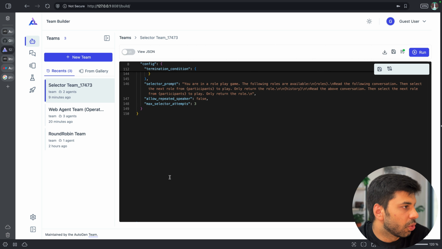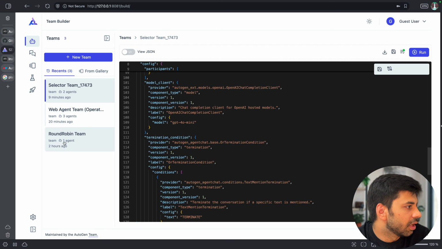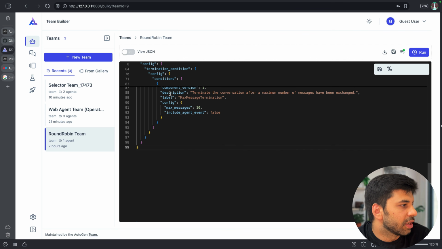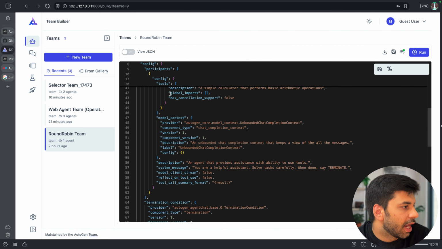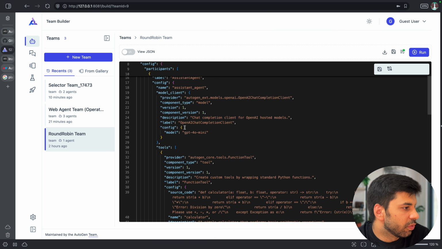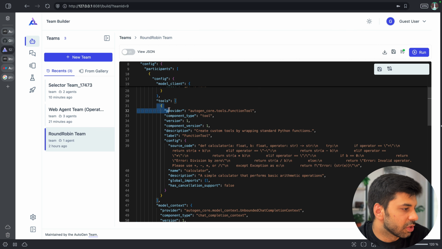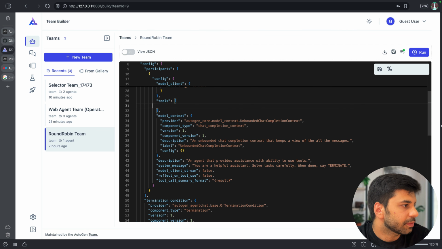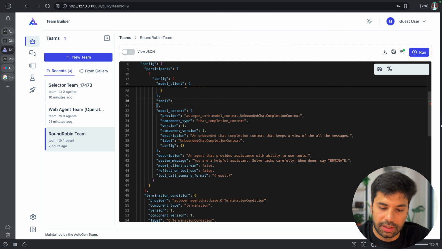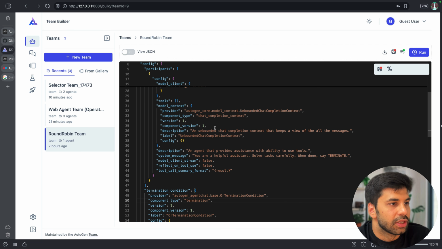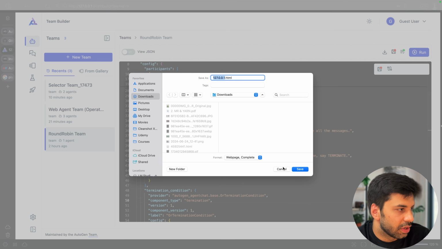Okay, so let me go and select some team. Let me go to the round robin one. Okay, and we can see the JSON, and I can maybe remove some tool here. So this is the tool which was there, and let me remove it. Make sure that the JSON doesn't get messed up. Okay, cool. So if I save this now,